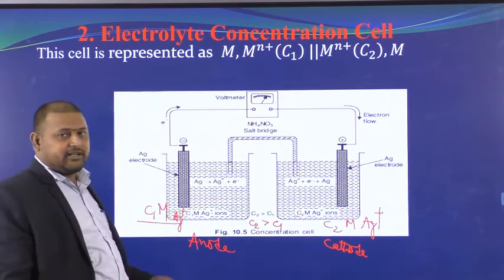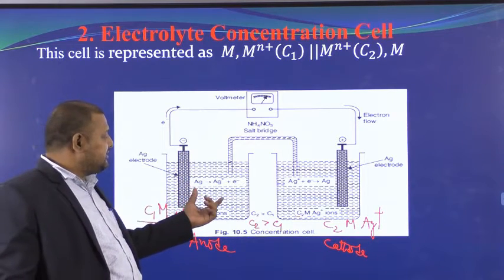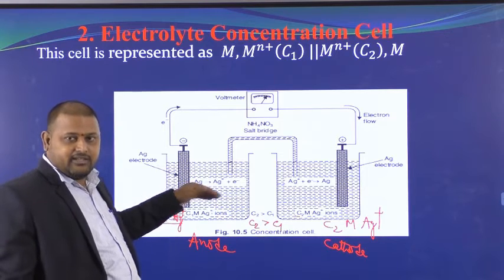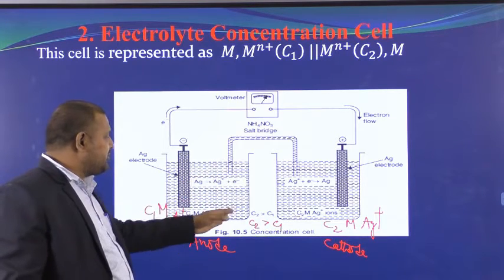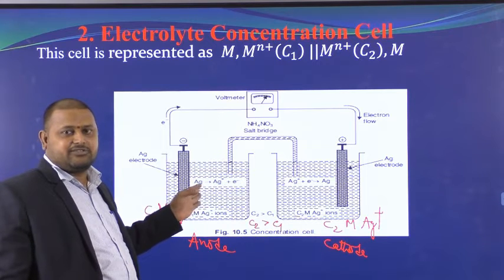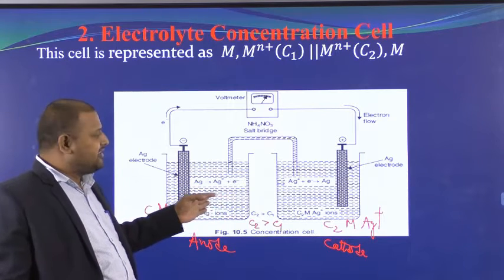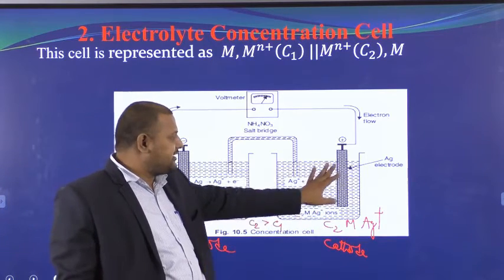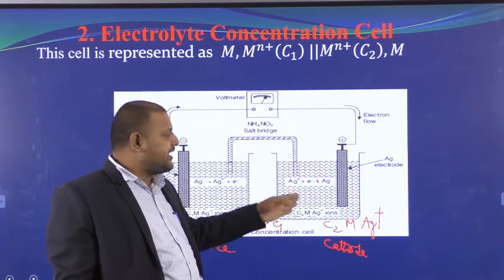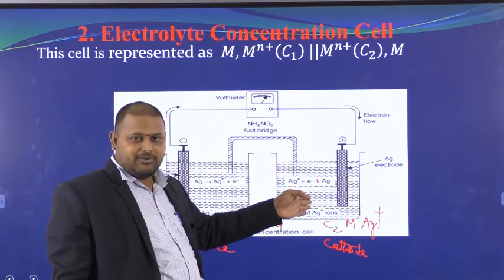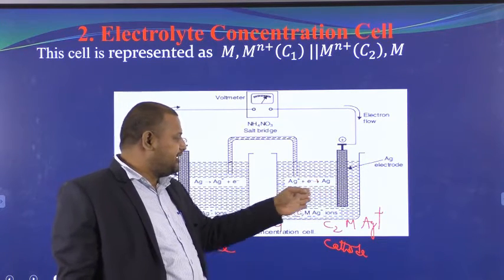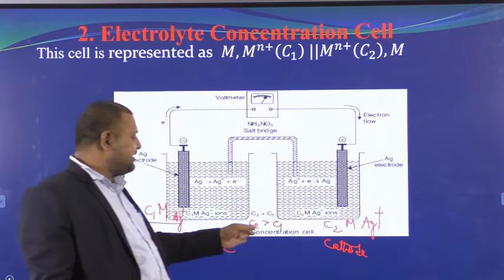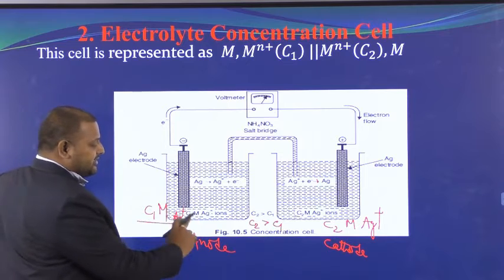By a simple example you can remember easily. So this is the swimming pool. Atoms are going to swim. If the number of people in this swimming pool is only 2 or 3, it is easy for us to go for swimming. The same condition we will look at here. This is also the same swimming pool. Here also 10 people are waiting, but already there are 10 people inside. Now what happens? Are you going to jump into this? No.